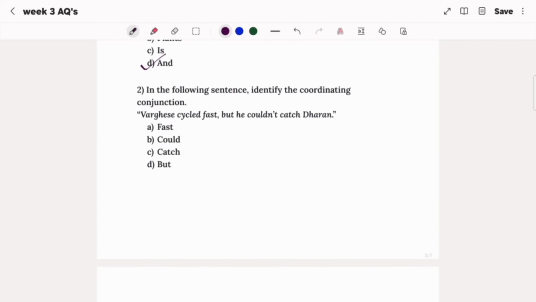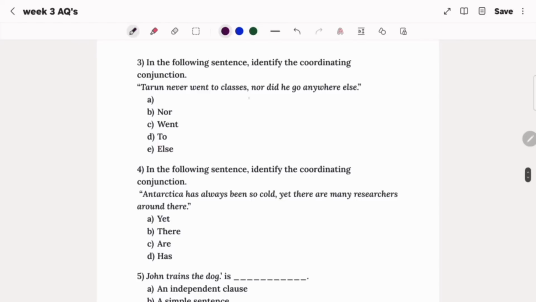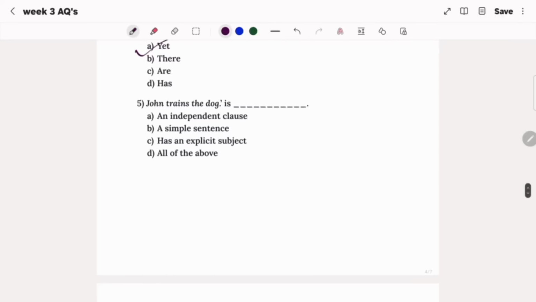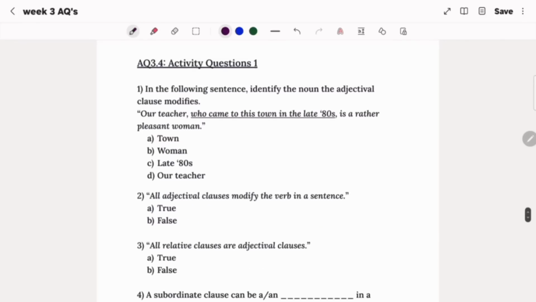He cycled fast, but he couldn't catch Dharan. It is very easy to identify coordinating conjunctions or relative pronouns. Tarun never went to classes, nor did he go anywhere else. Antarctica has always been so cold, yet there are many researchers around there. John trains the dog. I think the question is repeated. As we discussed, all of the above. It is an independent clause, a simple sentence, and has a subject too. Moving forward,